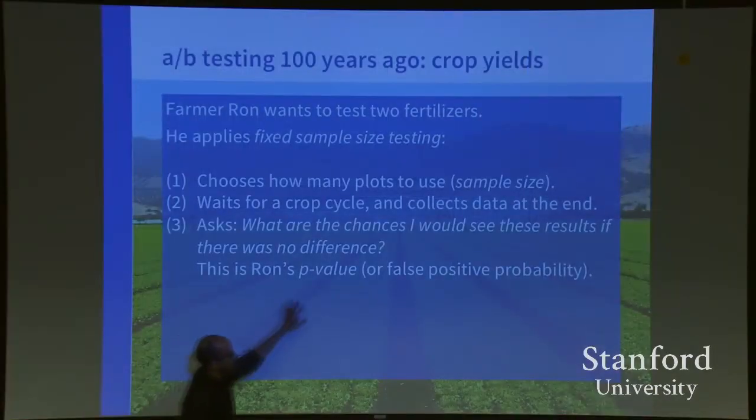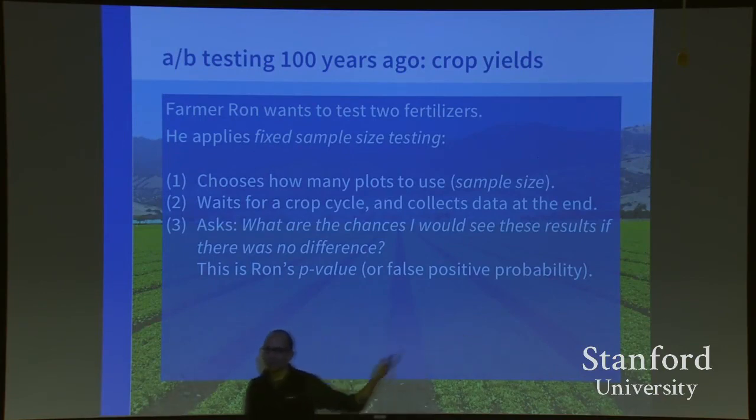That's what's called the p-value. So the p-value is literally a measure of false positives, because it's basically saying that if there really is no difference, and you look at the data and conclude that the data is really unlikely if there had been no difference,